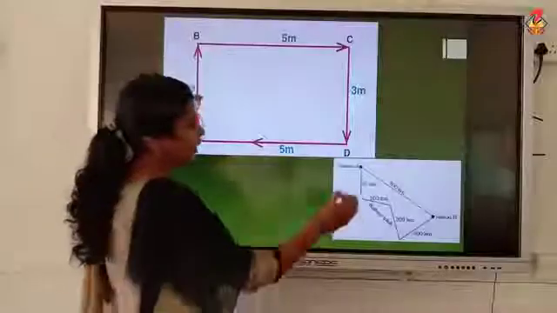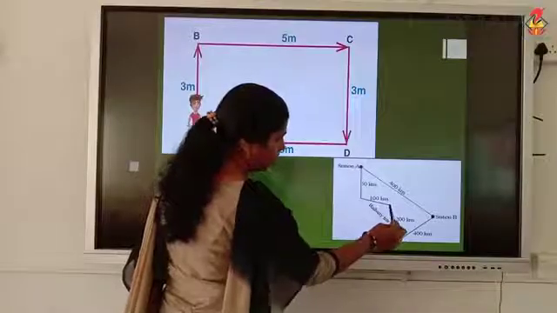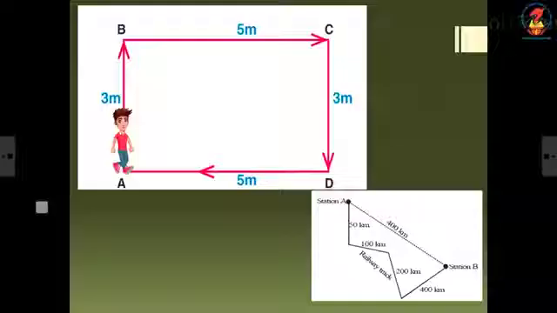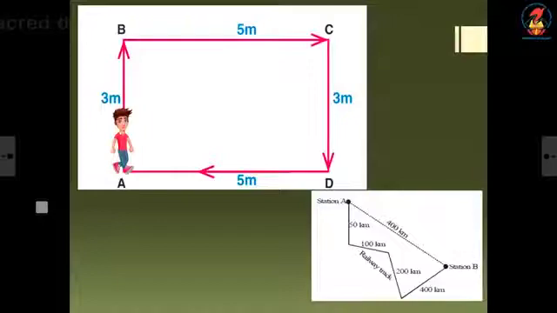Now, suppose a person wants to travel from this point A to this point B. He will travel from A, cover 50 kilometer and reach this point, again cover 100 kilometer and reach this point, again cover 200 kilometer and reach this point, again cover 400 kilometer and reach this point B. Now, what is the distance traveled by him? That is 50 plus 100 plus 200 plus 400.